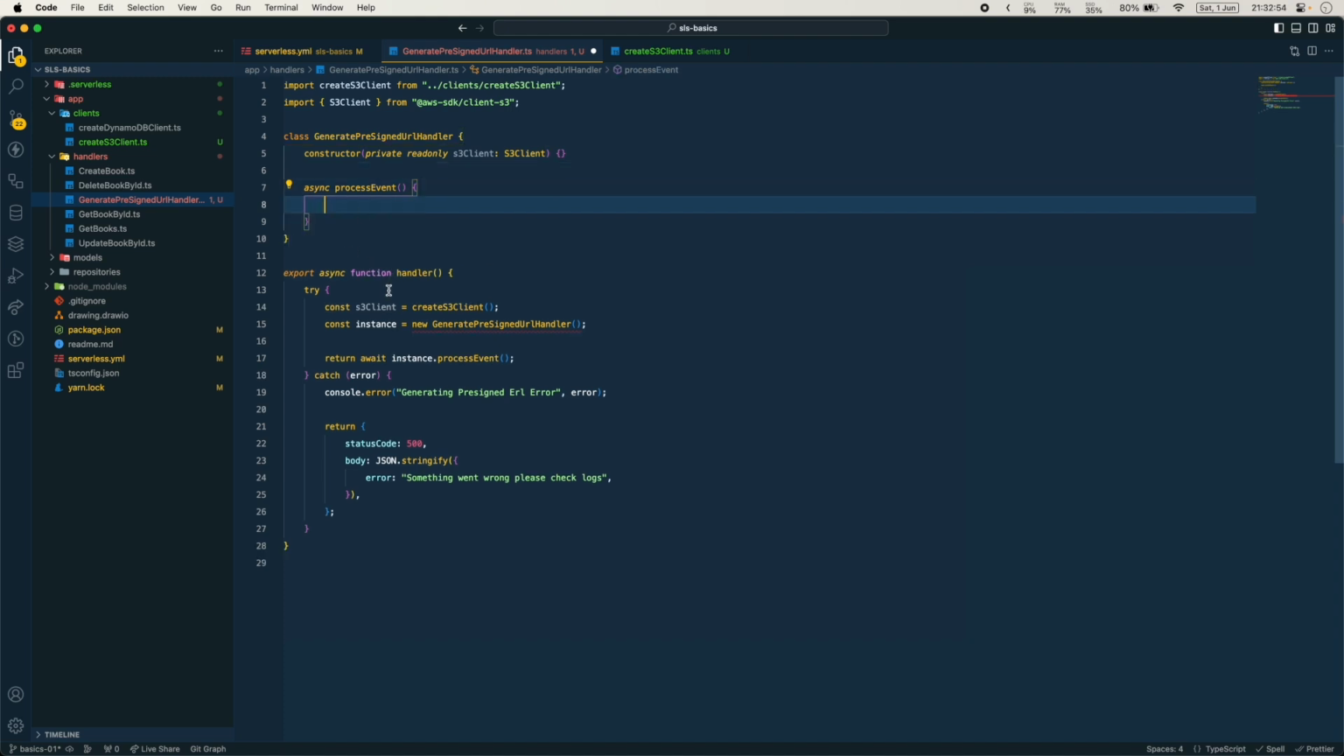Okay, so we need to inject that into the dependency. Okay, so now we can actually, in this S3 client, we can create the part that uploads, or we can generate the pre-signed URL. Okay, so what do we need to do here? First of all, we will need to